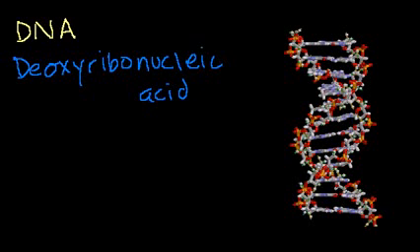And what I want to do in this video, because I think that's common knowledge, that's popular knowledge, that what makes my hair black or my eyes blue or whatever is all somehow encoded in our DNA. But what I want to do in this video is give you an idea of how something like DNA, a molecule, can actually code for what we are. How does the information get stored in this type of a molecule, and then how does that actually turn into the proteins that make up our enzymes and our organs and our brain cells and everything else that really